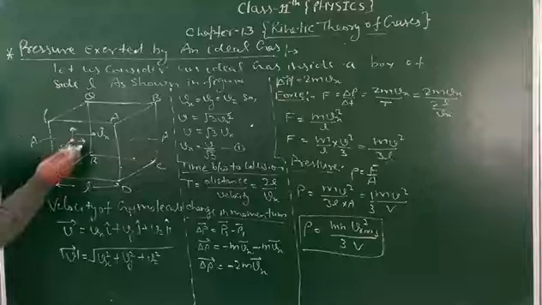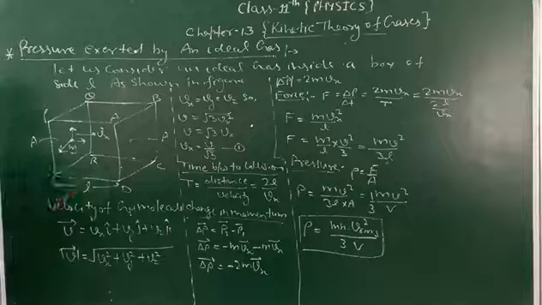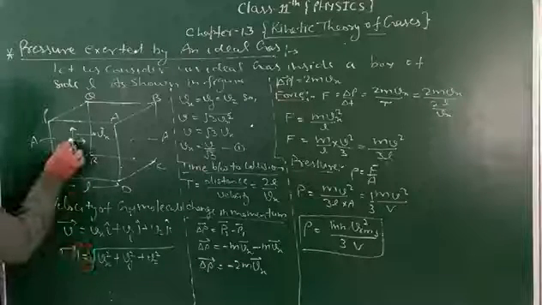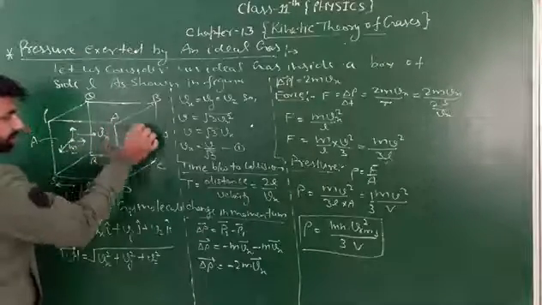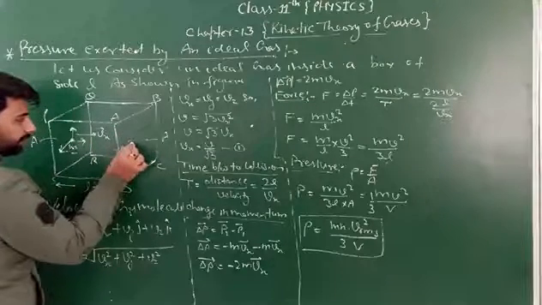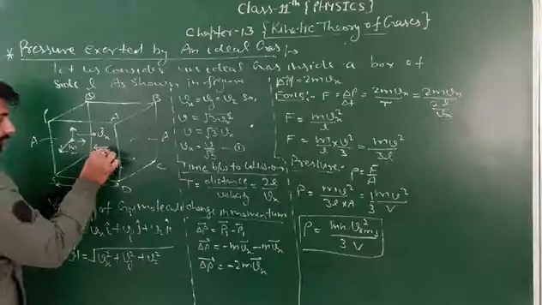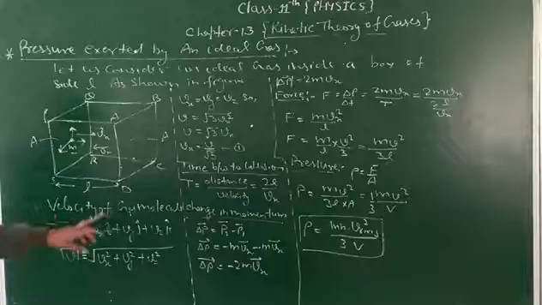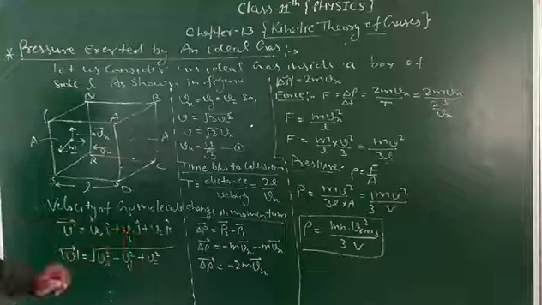As we know that the gas molecules have random velocity, so the molecules can have velocity along x-axis, y-axis and z-axis. So when the molecule starts from surface P, Q, R, S and moves towards surface A, B, C, D, then after collision with surface A, B, C, D, the molecule returns back with velocity Vx in negative x direction. So the velocity of gas molecules we can write in general as V = Vx i cap + Vy j cap + Vz k cap.